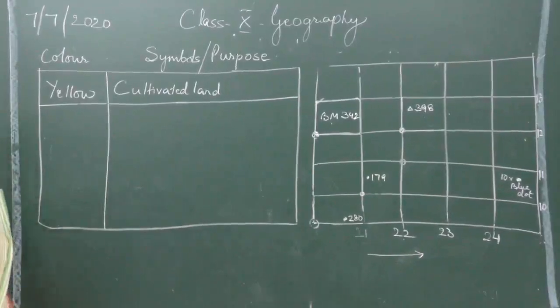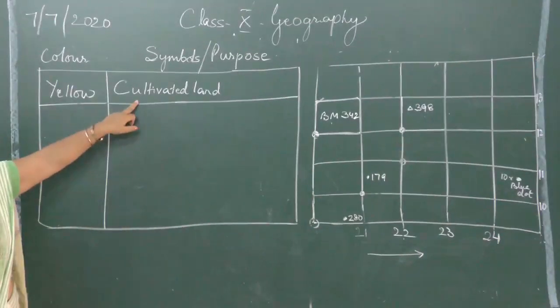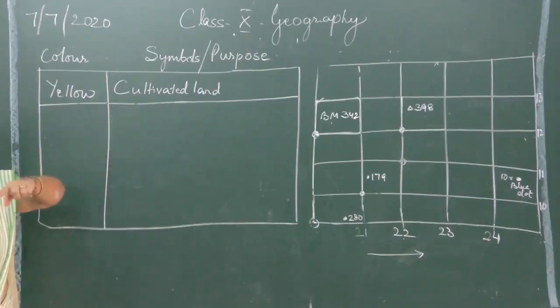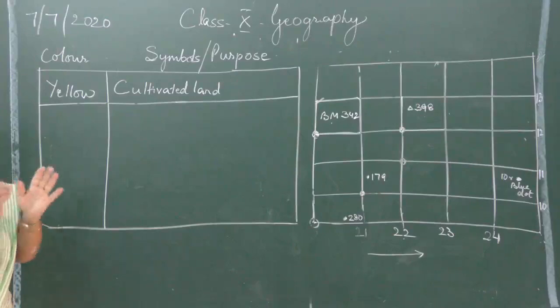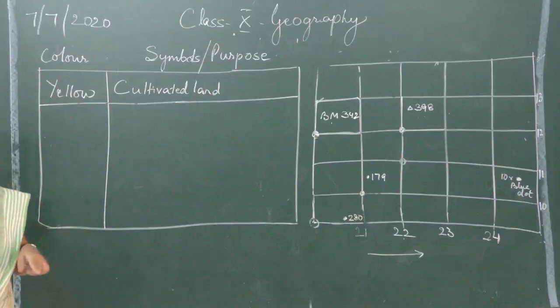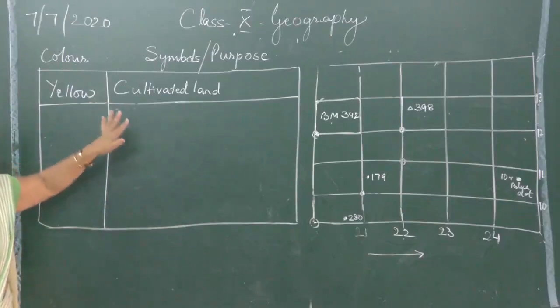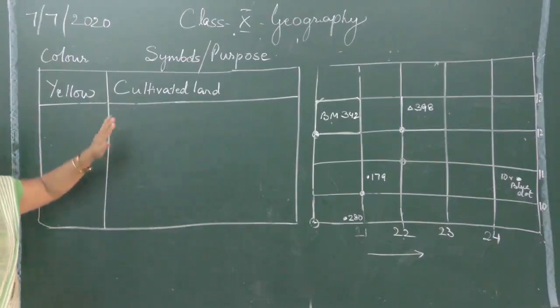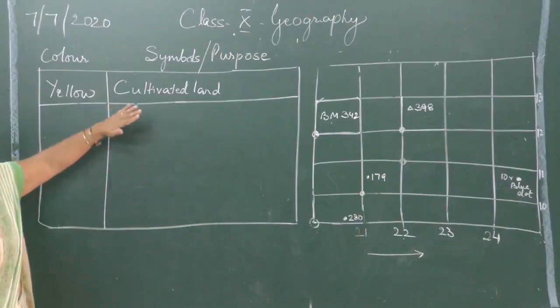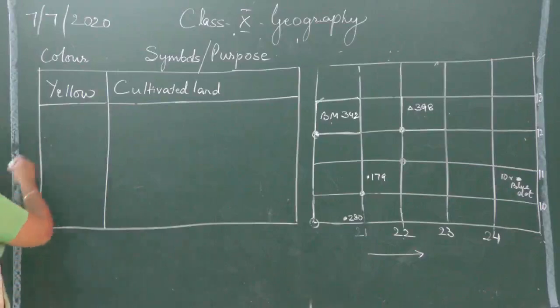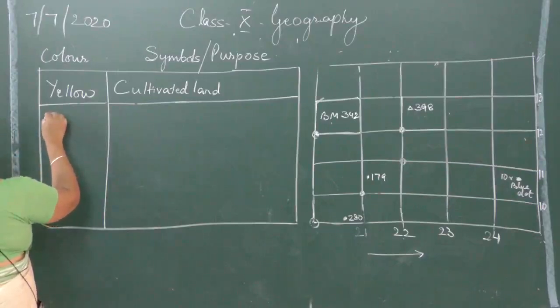It shows cultivated land. That means farming is the main occupation of the people. Clear? So all this is interrelated information which you will have to remember. You will get a question, what is the occupation of the people of that area? By looking at the color, you will say farming or agriculture is the main occupation. And the reason you will now be asked, you will simply say because large parts of the area are shaded in yellow color. Okay?